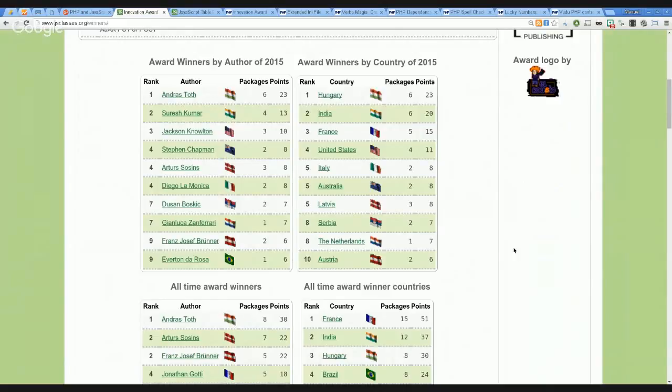In terms of countries, as we have seen, due to not many submissions, not many innovative packages, the ranking is similar, just mapping authors to countries. So first it is Hungary with 6 packages and 23 points, then followed by India with 6 packages and 20 points, France with 5 packages and 15 points, United States with 4 packages and 11 points,